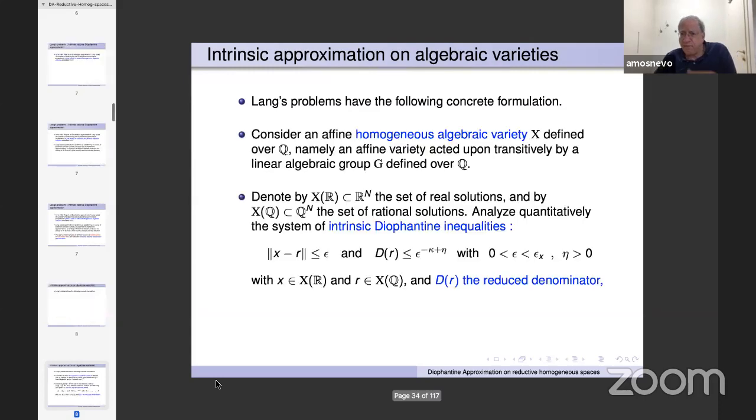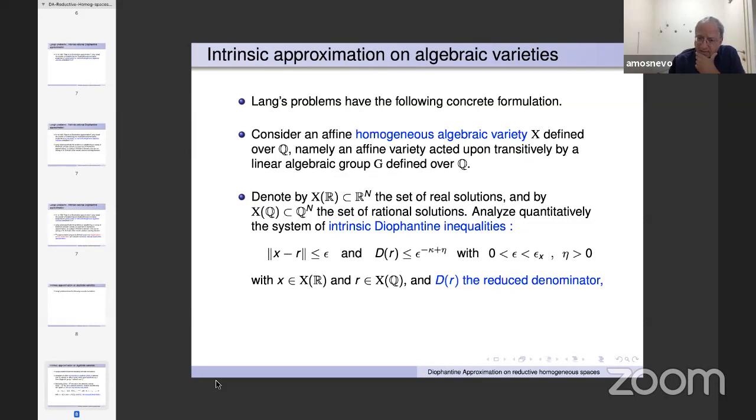We consider an affine homogeneous algebraic variety X defined over Q, namely an affine variety acted upon transitively by a linear algebraic group defined over Q, and let X_R be the set of real solutions, and X_Q the set of rational solutions. So we would like to analyze quantitatively the system of intrinsic Diophantine inequalities that say that the norm of the difference between the real point and the rational point is less than epsilon, and subject to the usual condition in Diophantine approximation that the reduced denominator of the rational vector is bounded by some power of 1 over epsilon,